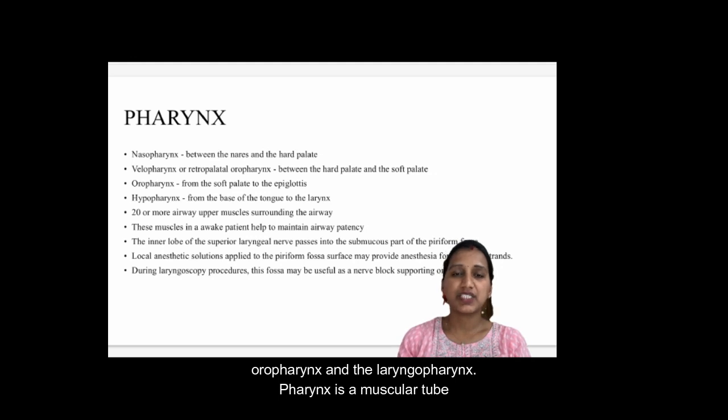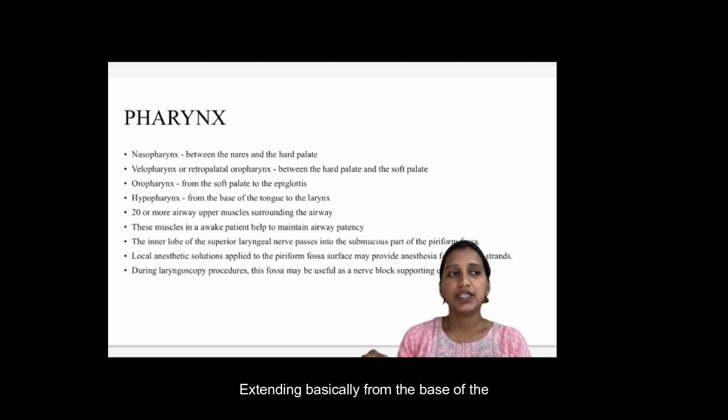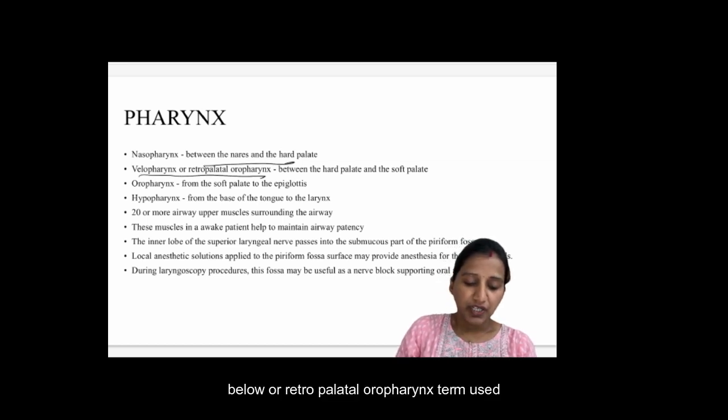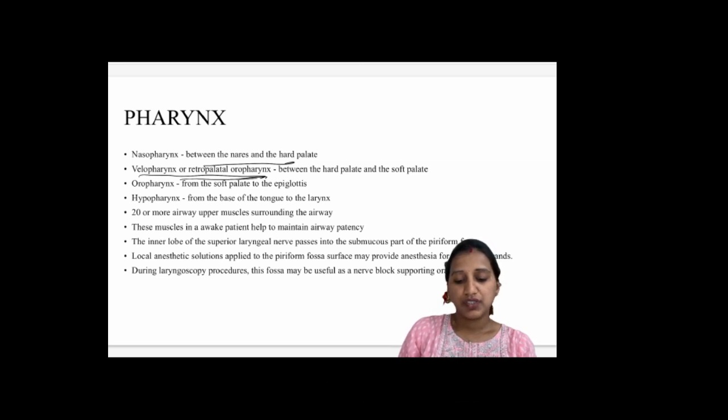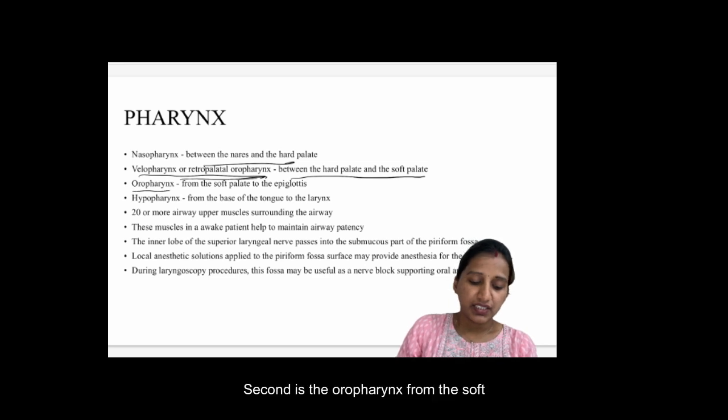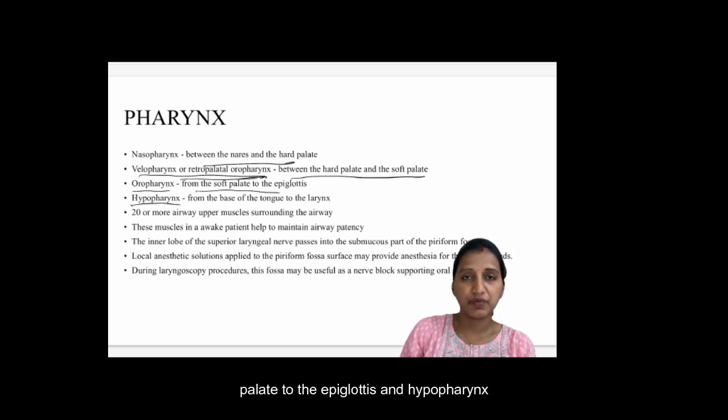The pharynx is a muscular tube extending basically from the base of the skull to the level of the cricoid cartilage, and it connects the nasal cavity, oral cavity, and the larynx, as already told. Nasopharynx, that is between the nares and the hard palate. Velo or retropalatal oropharynx, a term used to describe the part between the hard palate and the soft palate. Second is the oropharynx, from the soft palate to the epiglottis, and hypopharynx from the base of the tongue to